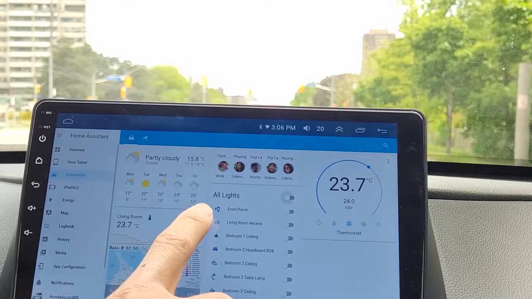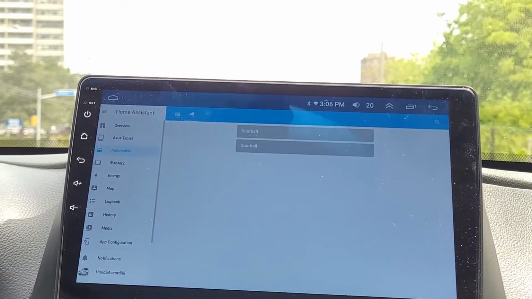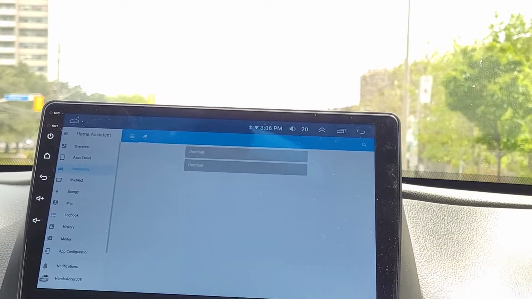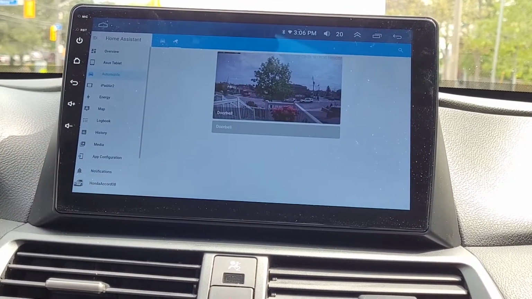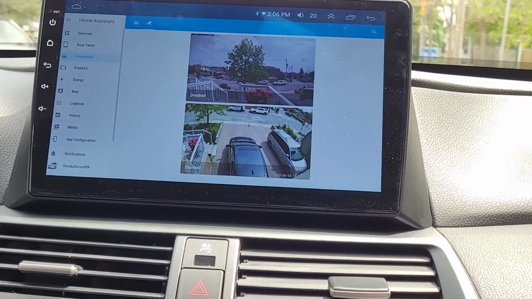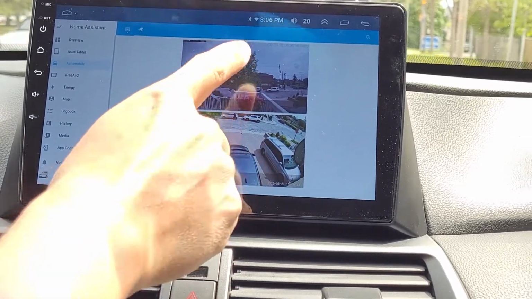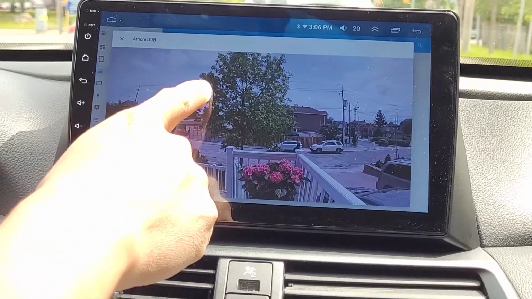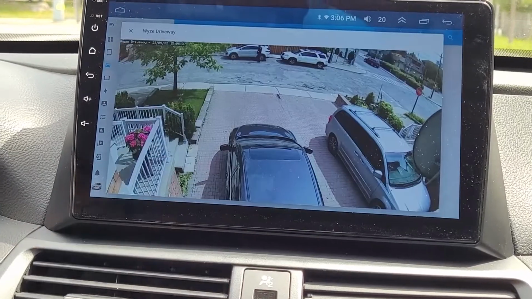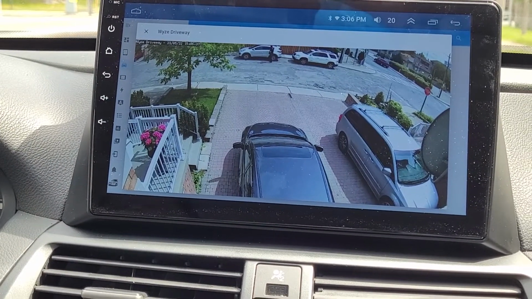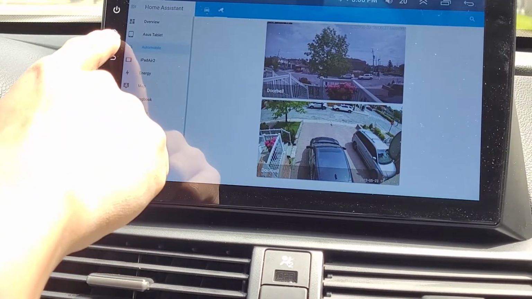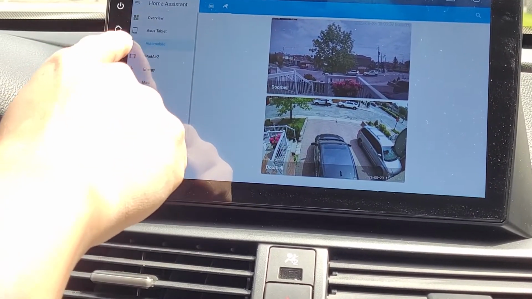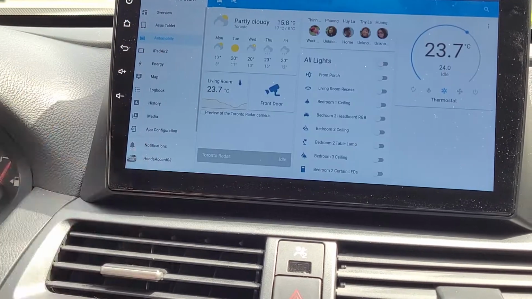I also set up my camera. I can hit that. As you see, it's a live footage from my home, so I can view it by hitting that. And as you see, that's my Home Assistant app that I set up through the